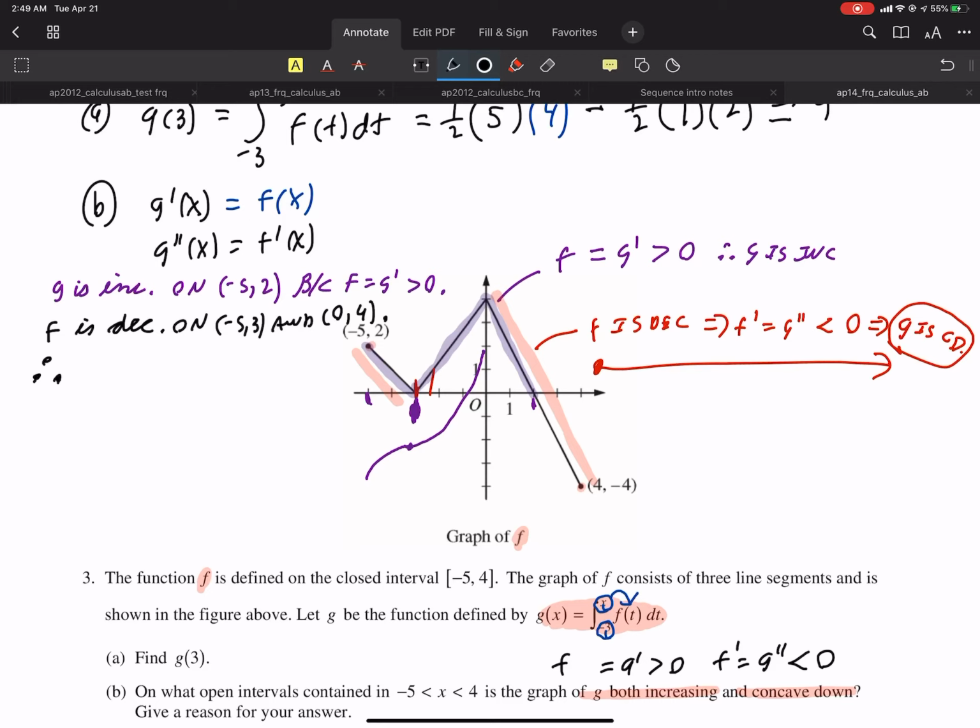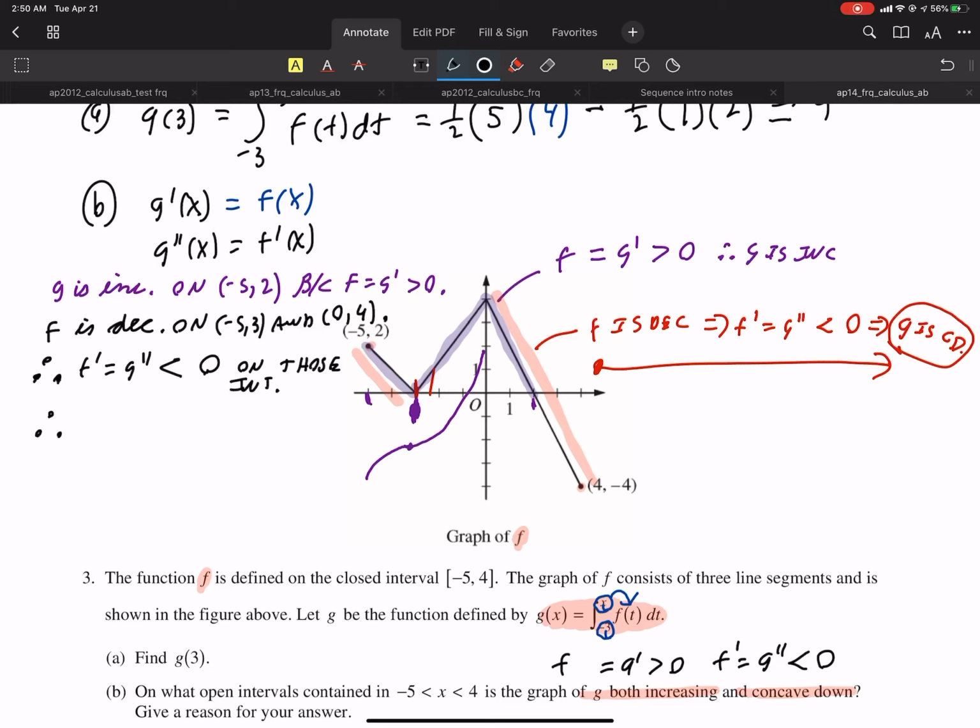Therefore, F prime, which is G double prime, is negative. Therefore, it's negative on those intervals. Okay, so if it's negative, our next conclusion,